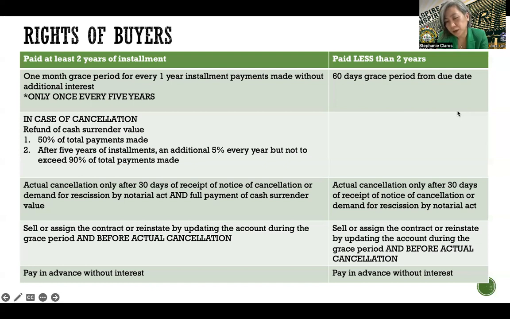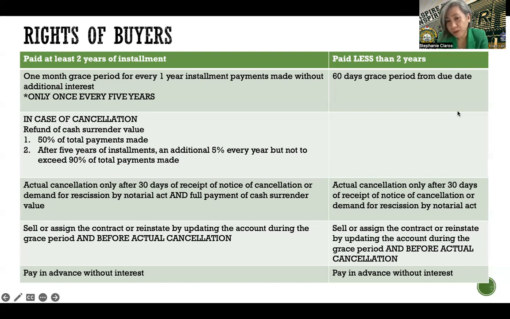So if the seller here will not refund the cash surrender value, even if he has served the notice of rescission or demand for rescission by notarial act, then there is no cancellation that can take place. Because those two actions must be performed by the seller in order for there to be a valid cancellation. Another right of the buyer is that he or she can sell or assign the contract